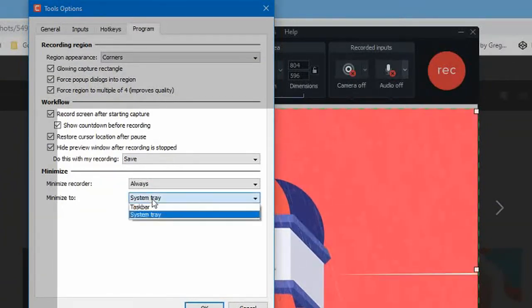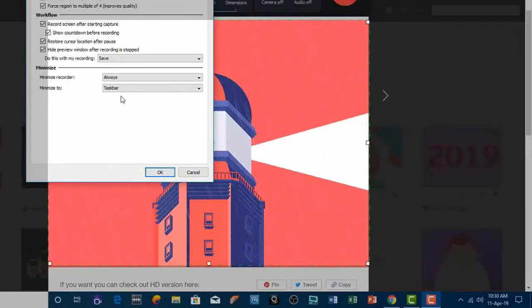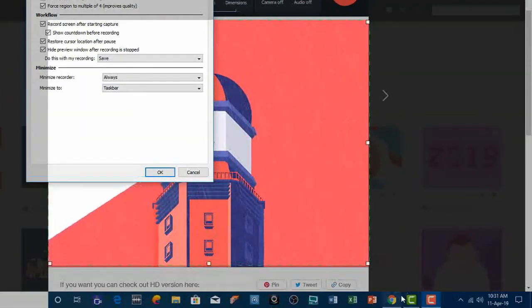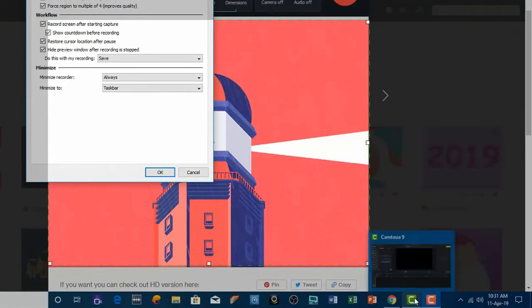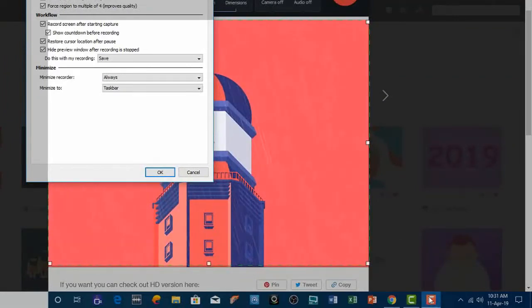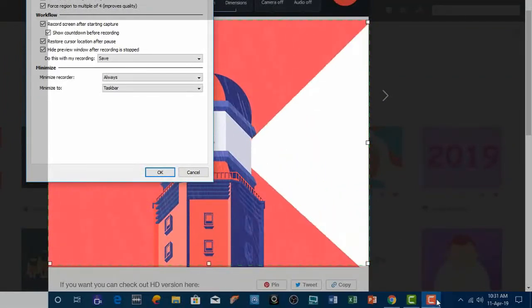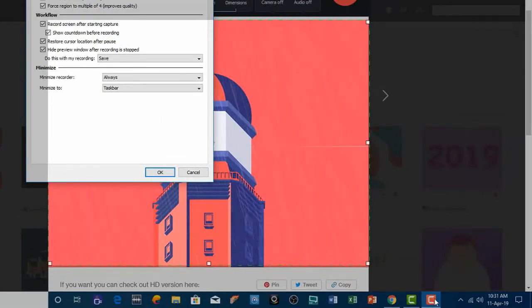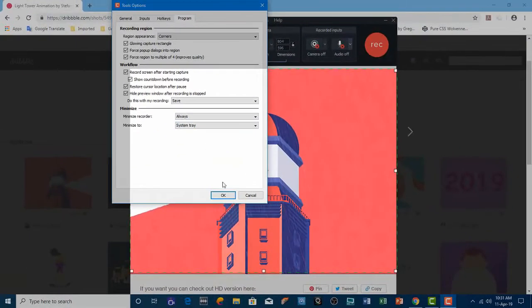And minimize to system tray, that means it will get minimized here to the system tray. I don't want to show this Camtasia Recorder icon in the taskbar, like here as you can see the icon of this Camtasia Studio. I don't want to show the Camtasia Recorder icon during the recording at the taskbar, so I changed it to system tray.